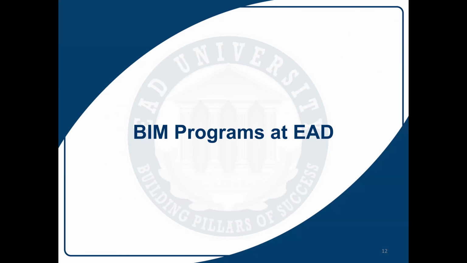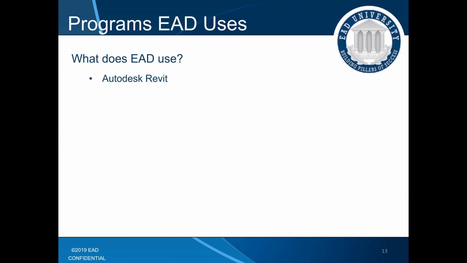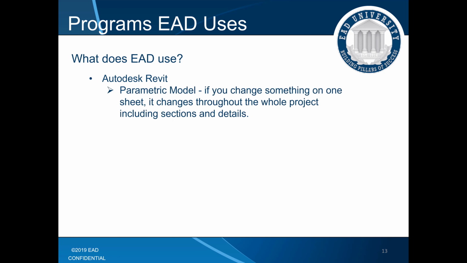So BIM programs at EAD, we use Autodesk Revit. One of the big reasons that we use it is it has a parametric model. What I mean by parametric is if you change one thing on the sheet, it's not just changing something on the sheet. You're actually changing the physical model in the background, which is nice because if you have section cuts, details,